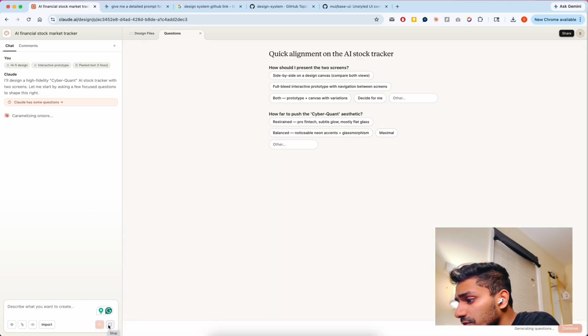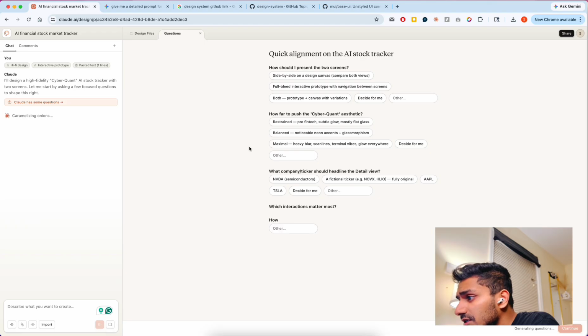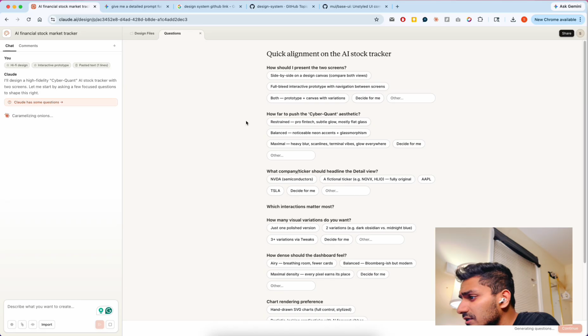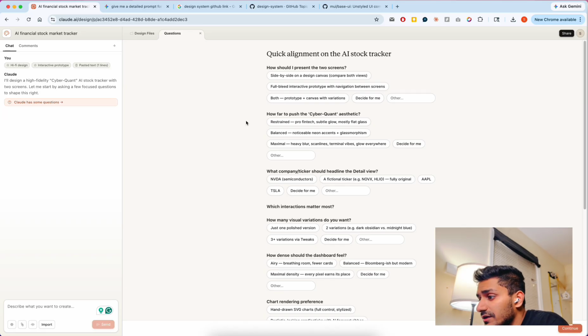So what I'm gonna do now is put the detailed prompt over here, and Claude asked me some quick alignment questions. I feel this is pretty good, because the AI is moving forward in a controllable manner. It asks me questions and moves forward based on my selections. I can say it's good for the product manager, but not for the designers, because companies really need their own brand language. But we already added the